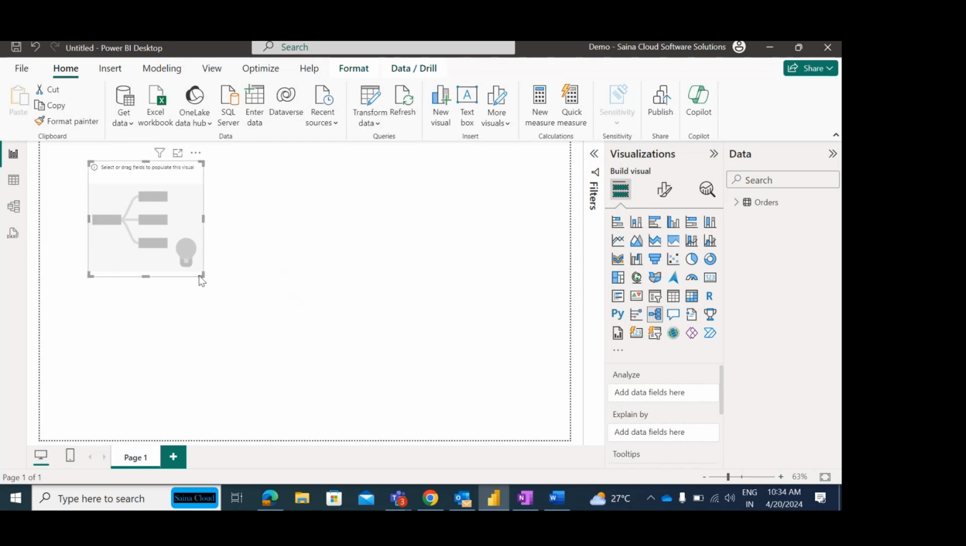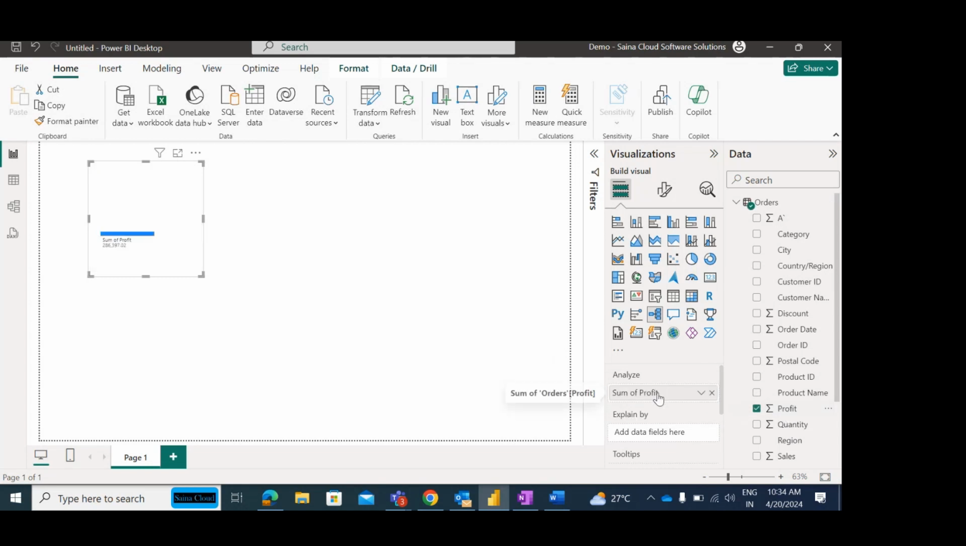After that, we need some columns to analyze the data. For analysis, as of now I'm analyzing profit based on reason, category, subcategory and sales. So for that, in Analyze, you need to put profit. You can drag and drop, and also you can select it. And in Explain by, I need to select category,